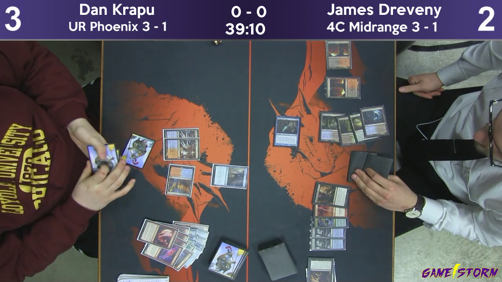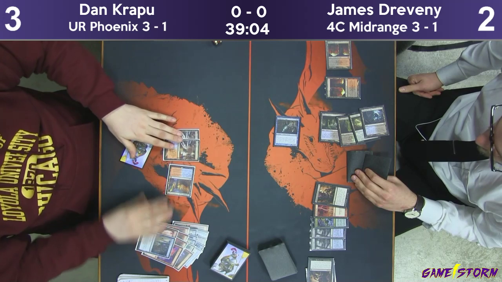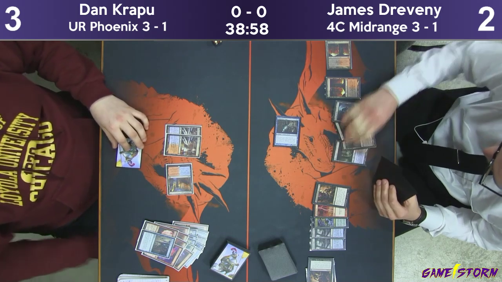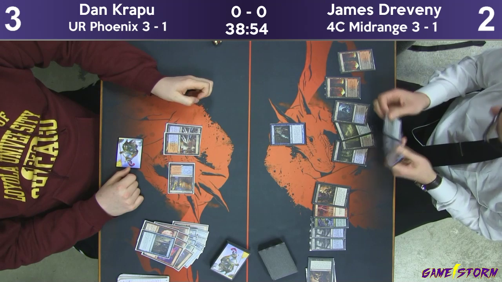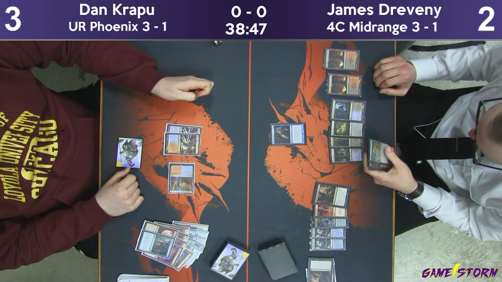Neither of those are very good. I mean, he has to have exactly something that'll keep him alive in hand, otherwise he's dead. Or he just needs to kill him. That too. Nope. Maybe he can kill the... Oh no, he just drew a Snapcaster. Yeah, he's got Snapcaster for Bolt, if Dan suddenly gets a Phoenix in play, or...